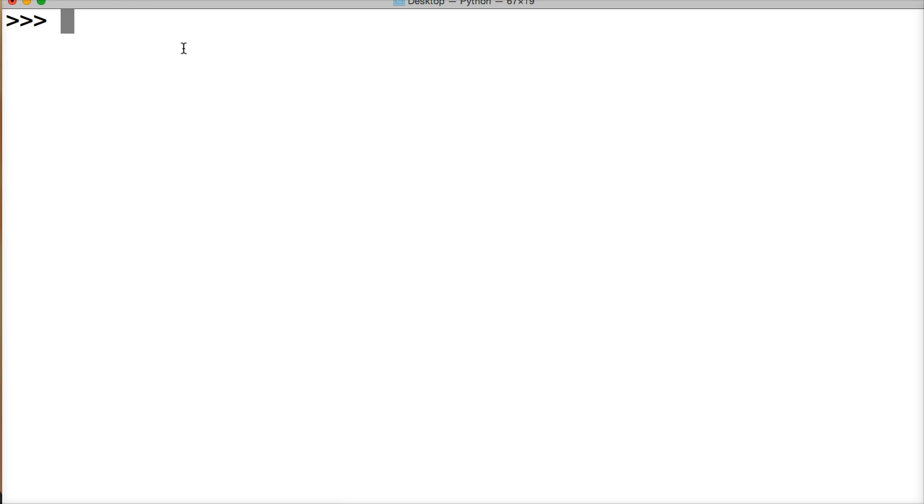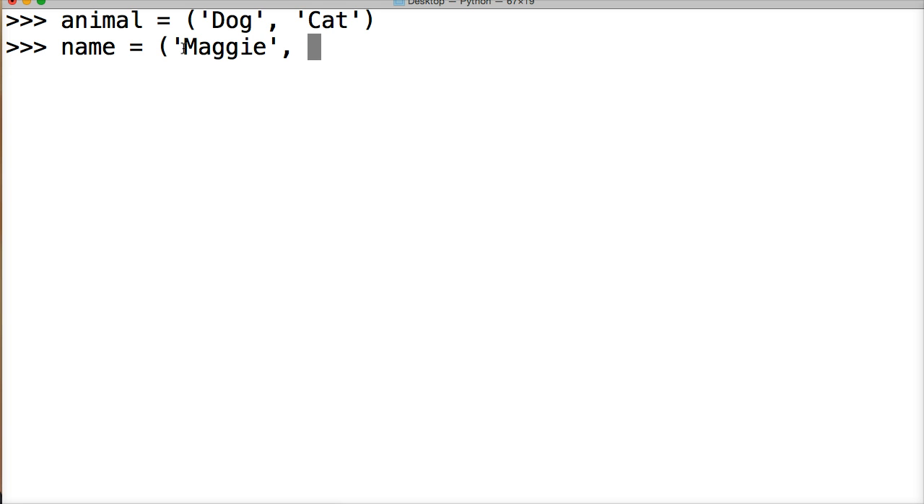So first things first, I'm going to create a tuple that is represented by variable animal. So we'll do tuple. Now we're going to do dog and cat. Alright. Then we'll do name, and we'll add some names. Do Maggie, that's my dog's name, and Missy, the cat's name. Alright, now we're going to create a